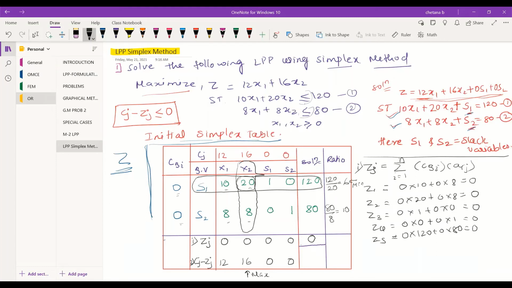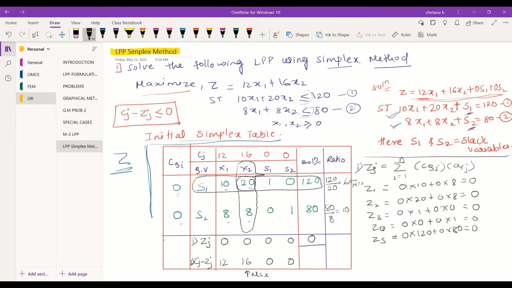See, in the Cj minus Zj, you pick the maximum value because it is a maximization problem; the maximum positive value is picked based on the objective function. But in the ratio part, we are using the partial solution part, which indicates the column. We have only indicated the key column. Using that key column, you find the ratios, that is, solution divided by the key column value for that particular row.